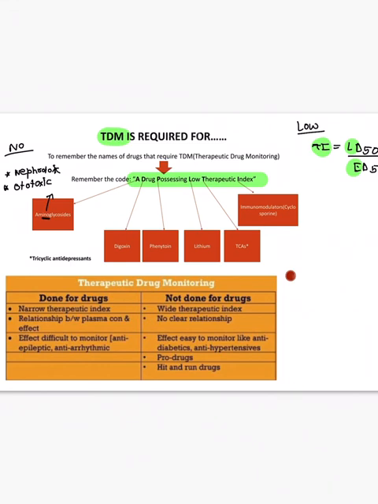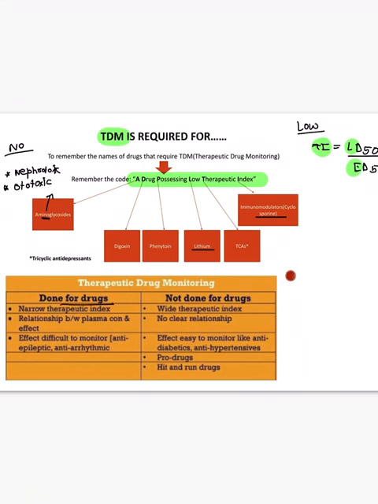Okay, then the drug digoxin, P for phenytoin, L for lithium, a drug which is used in mania. It has a very low therapeutic index. Then TCA, that is tricyclic antidepressant, and I for immunomodulator like cyclosporine. So this is important. Now see,